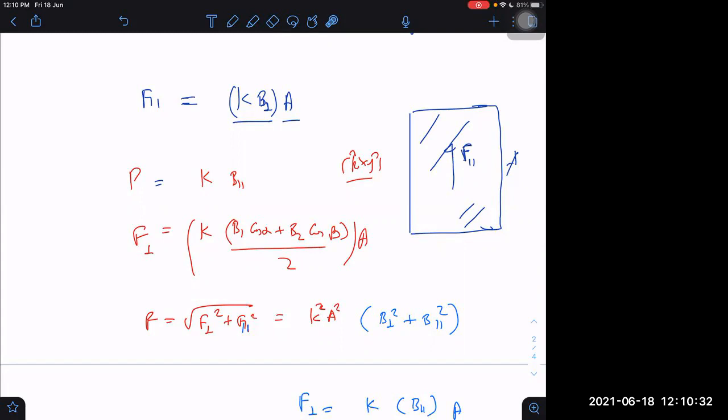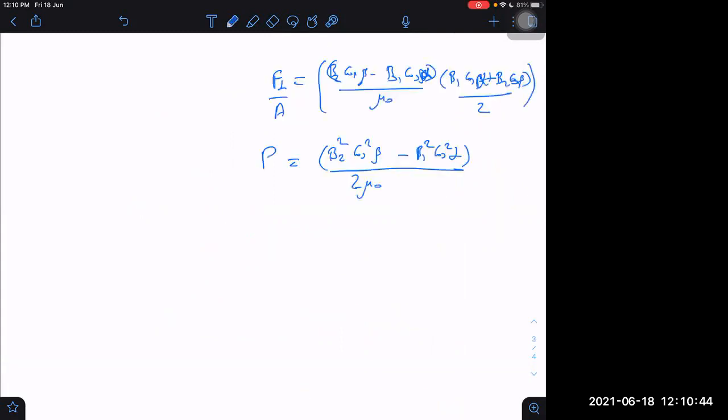But if somebody is asking what is the force parallel to that, then that will be obtained by K into B perpendicular into area. Okay. K into B perpendicular into area. And if somebody is asking what is the pressure only, or what is the force perpendicular to the plane, then force perpendicular to the plane can be obtained this way: magnetic energy density on one side minus magnetic energy density on the other side. That is the pressure, and multiply by area. Then that will be giving us the perpendicular force acting on the sheet. Understood?